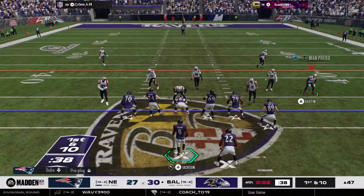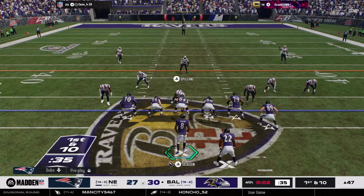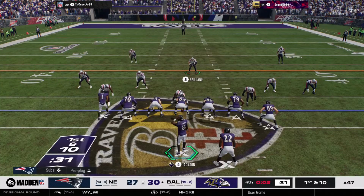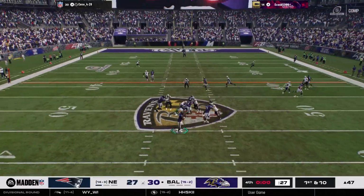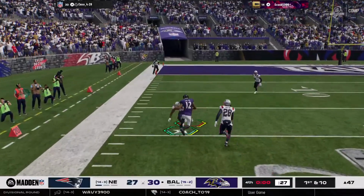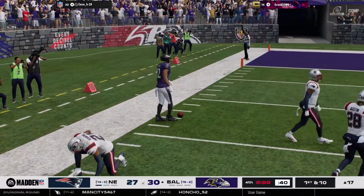Here's 1st and 10 from the 47. Ozzie, sit up. Oh, Gronk, look at this. He's setting up to throw it. And that one's cut along the left sideline. And their next snap is going to come from the red zone, Gronk. He's down at